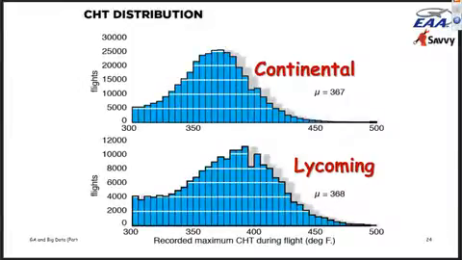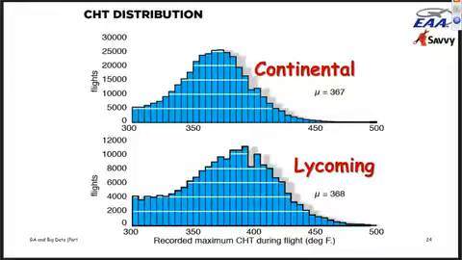The top one is showing the distribution of cylinder head temperatures from Continental engines. The bottom one shows the distribution from Lycoming engines. You can see, if you look at the left side, these histograms are based on the number of flights that fell into each cylinder head temperature bucket. And you can see that we analyzed